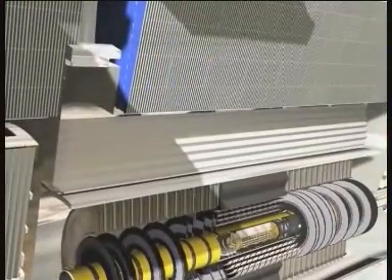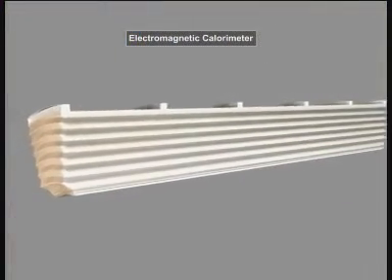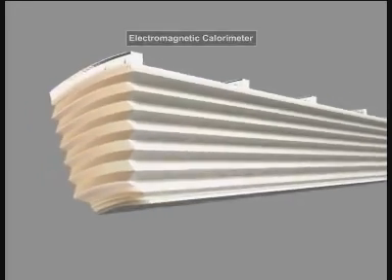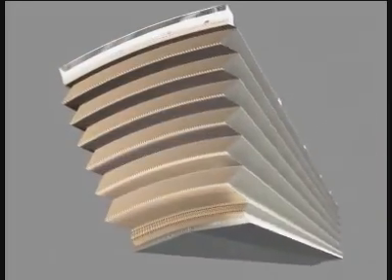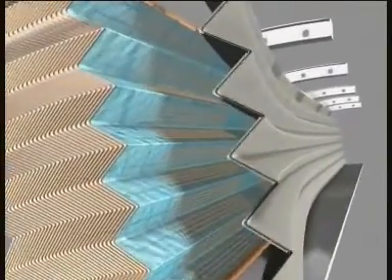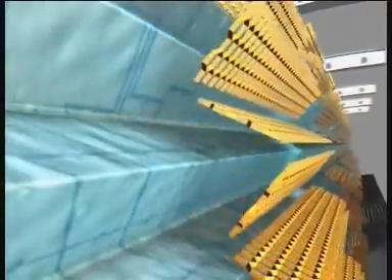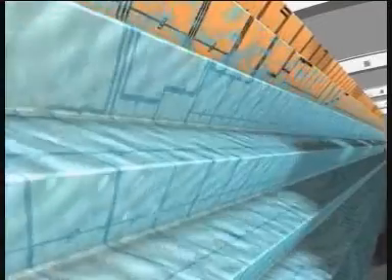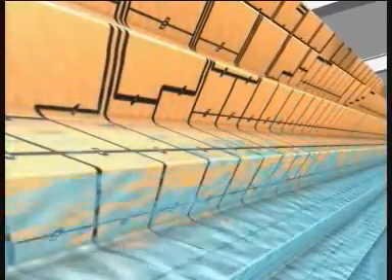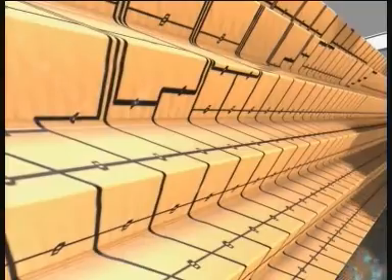These are called calorimeters. The ATLAS electromagnetic calorimeter is used mainly to measure the energies of electrons and photons. Its accordion-shaped structure consists of many layers of lead and stainless steel, the particle absorbers. Between them is liquid argon, cooled to -185 degrees Celsius. Immersed in the liquid argon is a copper grid, which acts as an electrode used to make measurements of particles